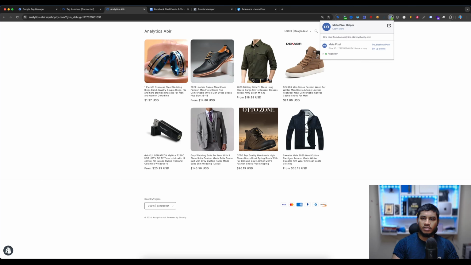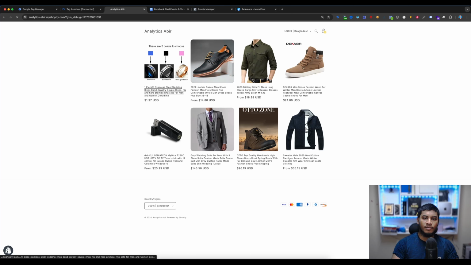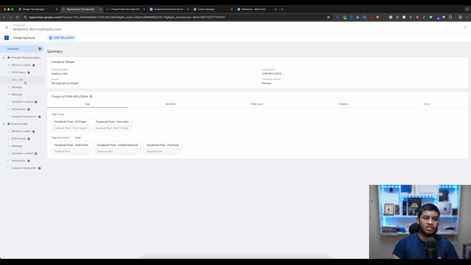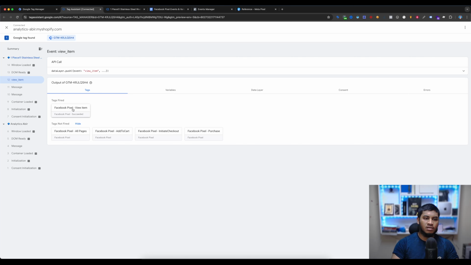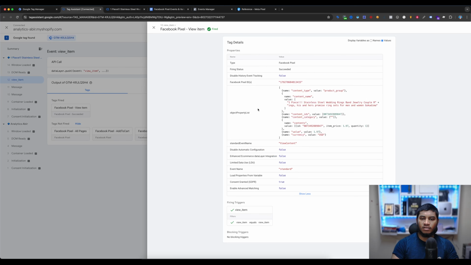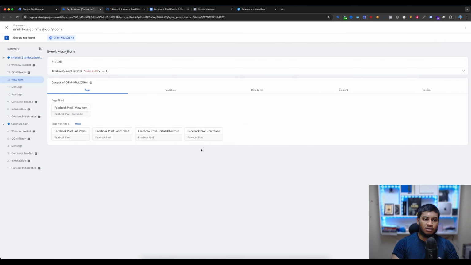And also you can see here is the Facebook pixel helper. Here is showing the page view event is fired. And if I visit any single product page, if I go to the tag assistant preview, select the view item, you can see here is the view item tag is succeeded. And if I select this, you can see here are the parameters being sent to Facebook. Here is the content type, content name, content ID, everything is working perfectly. And then here is the price, the content value, the product value, here is the currency, and that means our